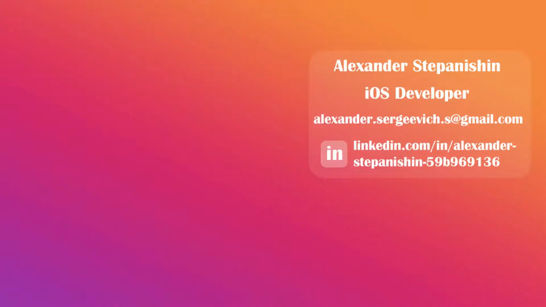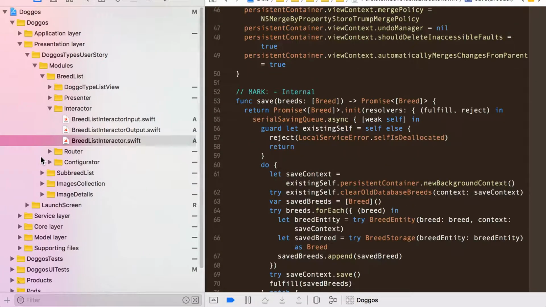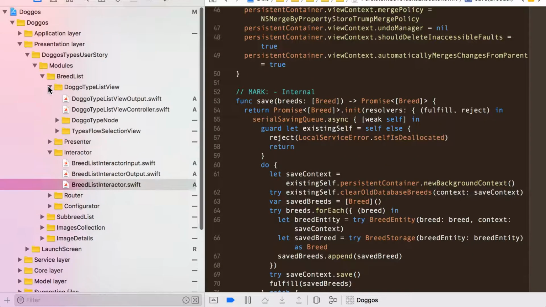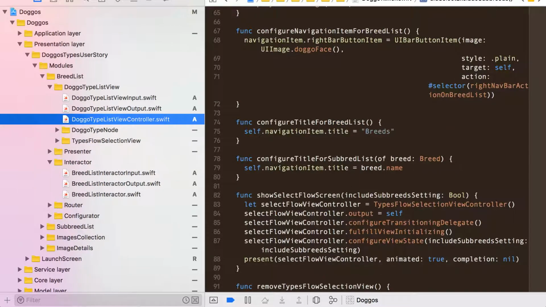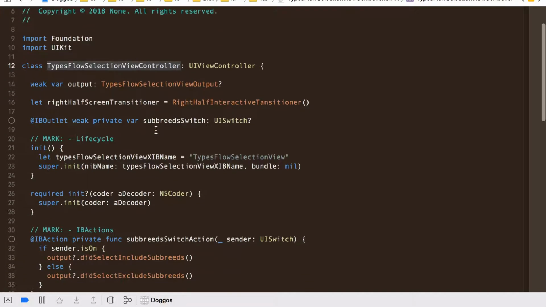Okay, so another thing I wanted to show you is this screen. This is the view controller presented modally. You can dismiss it by clicking this cross button, or you can dismiss it by dragging it. So this is the interactive animation, and what is nice about this animation, I will show you. We're gonna go to view controller. Right here